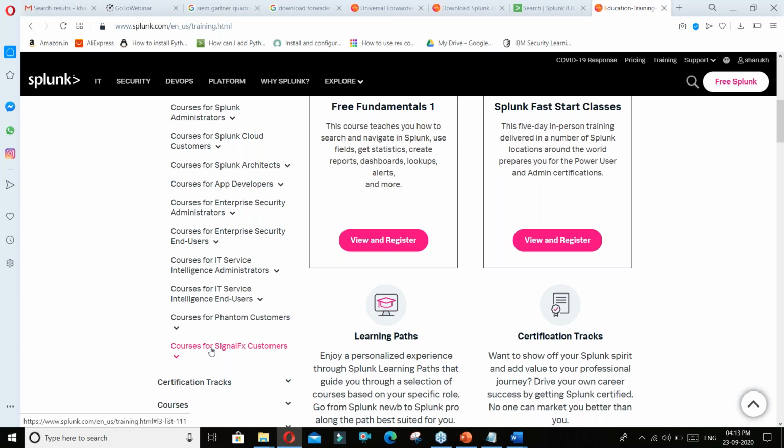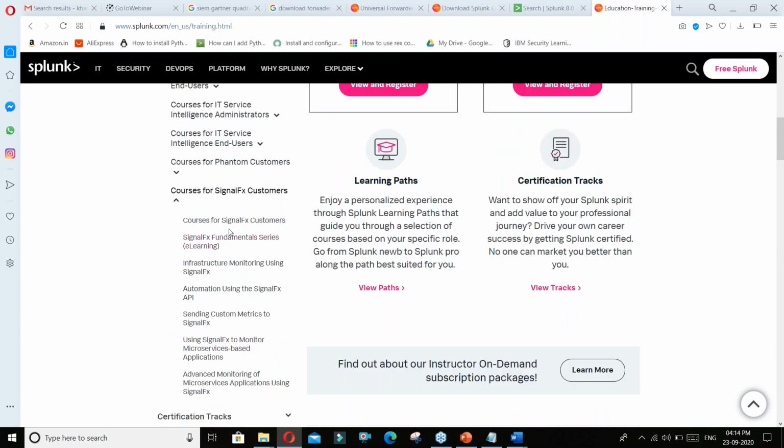There are n number. They are changing Splunk, they are adapting it, they are making it more efficient, they are doing research, they are bringing new things into Splunk. For example, this course for SignalFx was not there in the past 6 months. I have not seen it. I don't know what it is. I have to learn it also. They are making so many changes. They are adapting it so that it will be the best tool in the market.